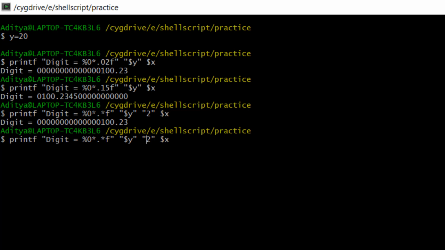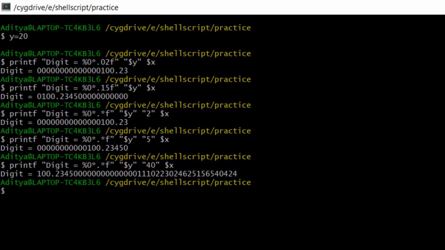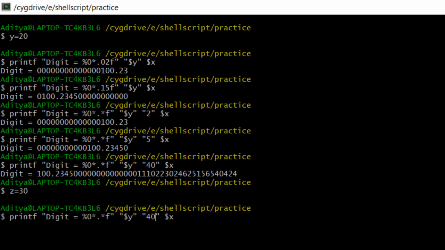Okay, now instead of that, if I mark it as 5, it will work. Now here, instead of that, I will mark it as, let's say, 40. It is working perfectly fine. Now what if z equals 30? I will assign a value to a variable, and here instead I am going to write $z.